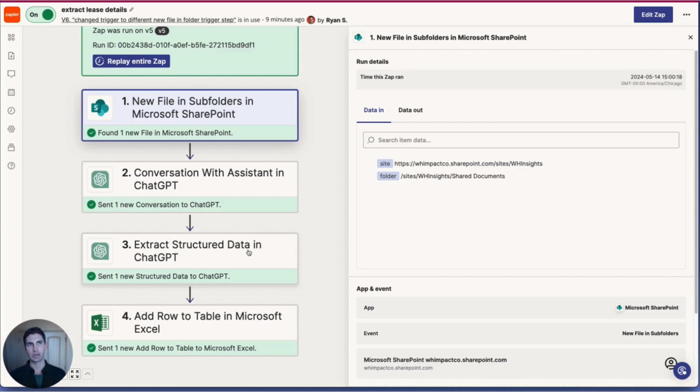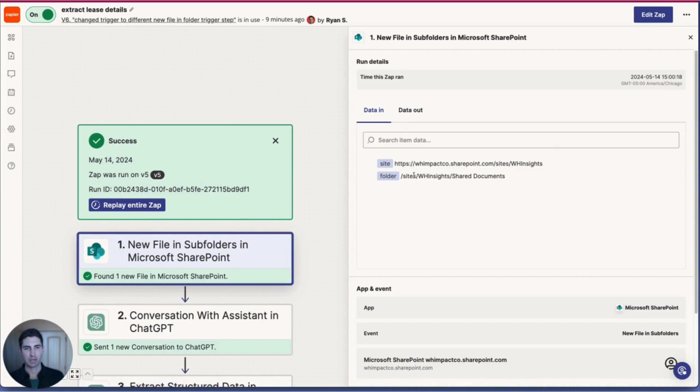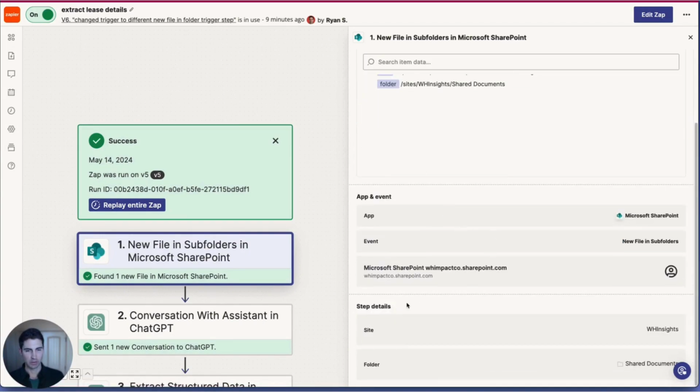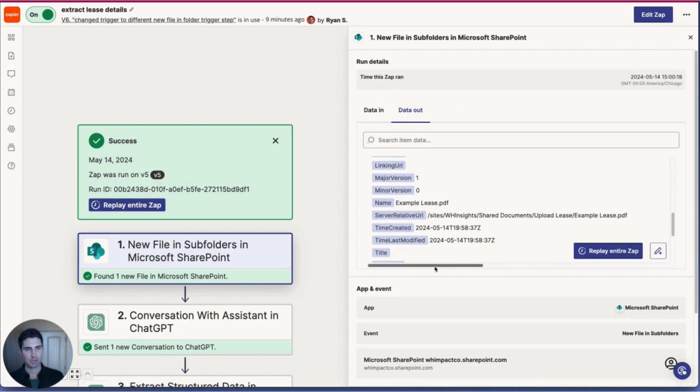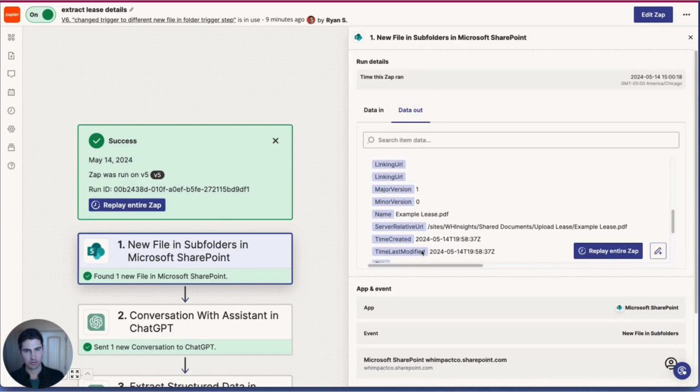It eliminates a lot of the text from things like the currency amount and the dates and that type of thing. So diving into each step specifically, it has the folder that's being watched. Down below here, you map to your site and the folder that you would like to watch. And then the data that came out is